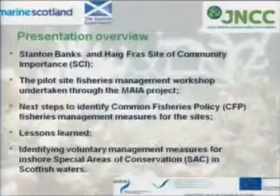Today we're going to provide a brief presentation of what we've been doing in the UK to identify possible fisheries management measures for 2 Natura 2000 SACs, or special areas of conservation, and then Mike will also provide some further detail on inshore fisheries management measures that they've been forwarding. So there are 2 sites that we've been looking at, which are